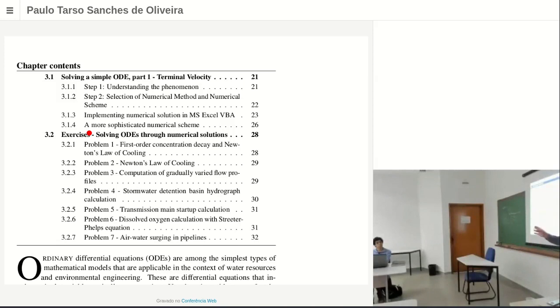And one consequence of that is that it's easier for you to derive analytical solutions for ordinary differential equations, and much harder to do the same for partial differential equations. Okay, so